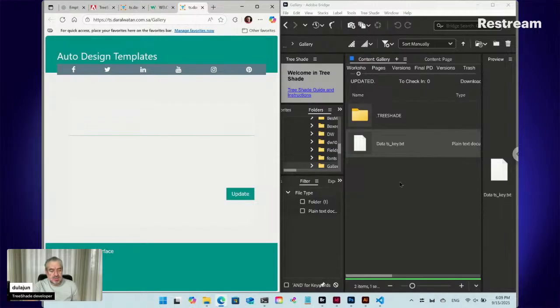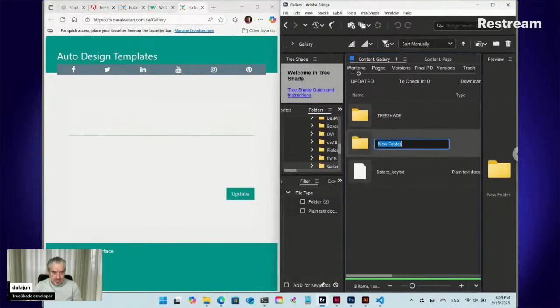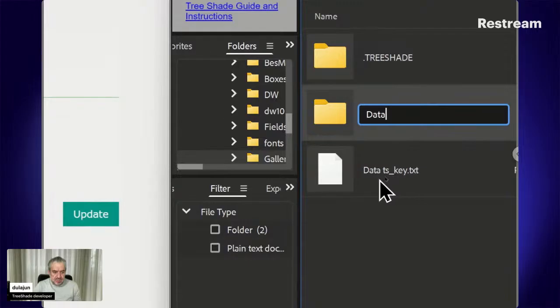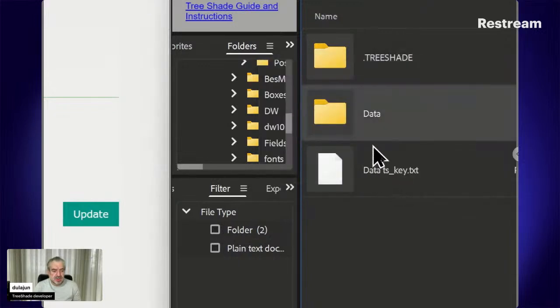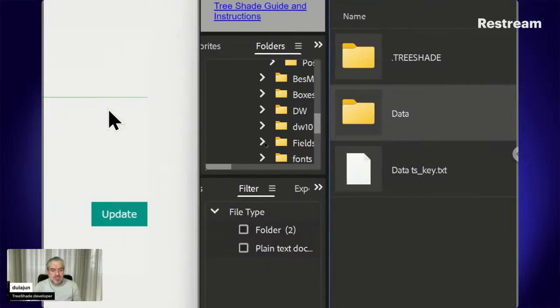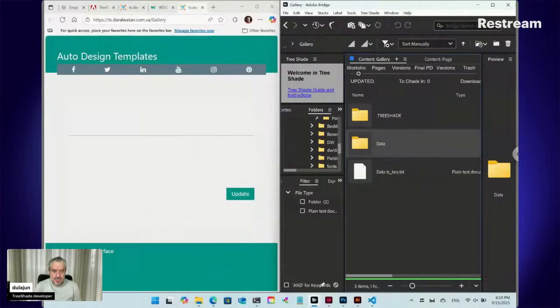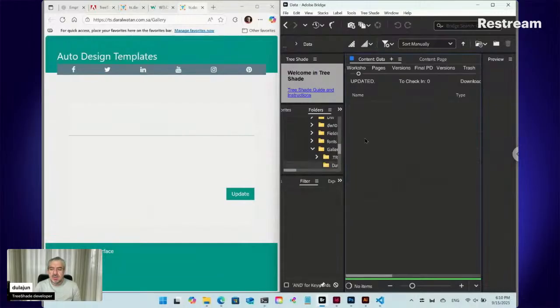It's empty now. Let's create a folder that has the same pure name of this file, data: the file name without its extension and without this flag ts_key, to pair the folder with the text file. So on the online form, the content of this folder will be loaded. Okay, now inside data,